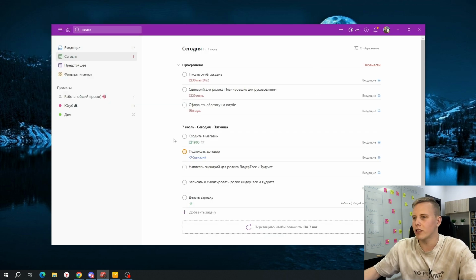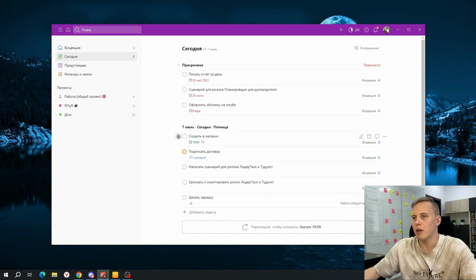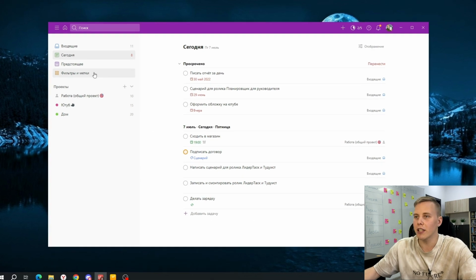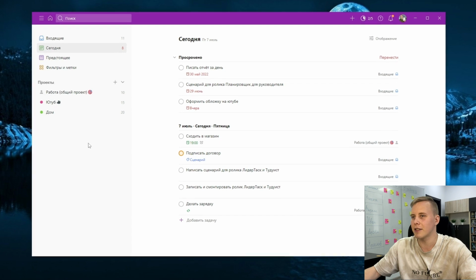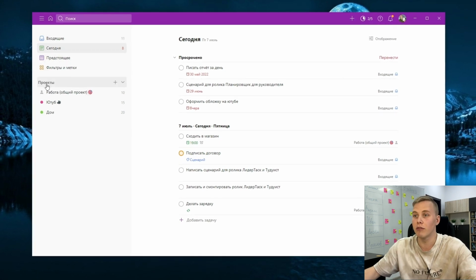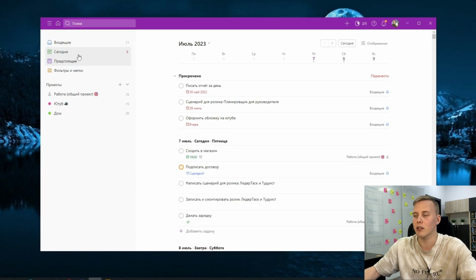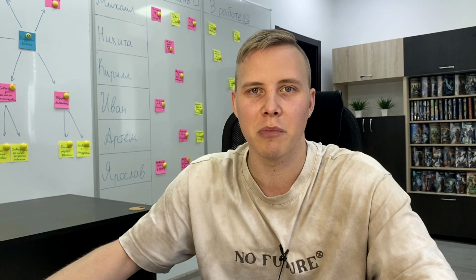In Todoist, drag and drop works too, but here you can either move tasks to your inbox or drop them into some project. Now it is cool in general that they did away with multiple items in the navigator. But I think they should have at least kept the calendar. Especially since a lot of apps have the calendar here. I don't know why they hid it here. They have the maximum minimalism.